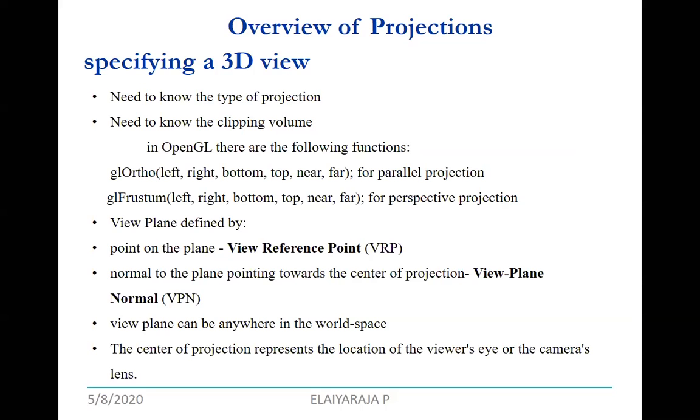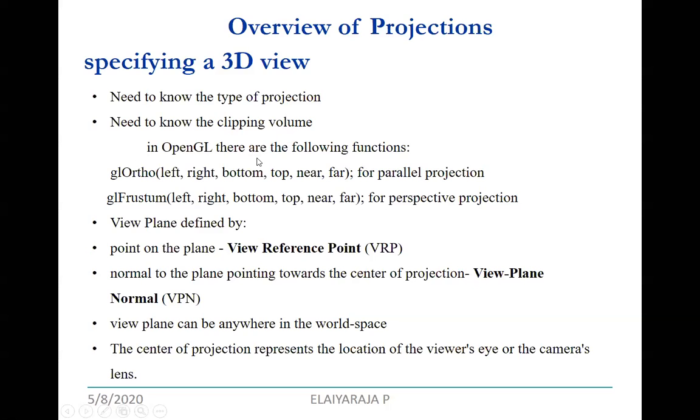when you are going to write your OpenGL functions with respect to your projection. So you need to know the type of projection, whether it is parallel projection or perspective projection. And after that, when you are going to view through any specified window, when you are going to draw the particular object model and apply parallel as well as perspective projection, further you are going to view through the screen coordinates. So for that you should know the clipping volume.